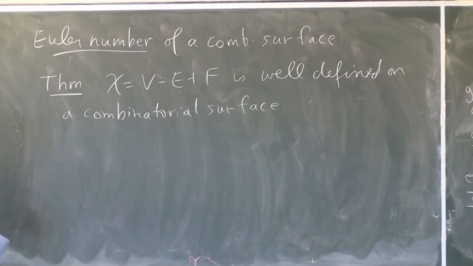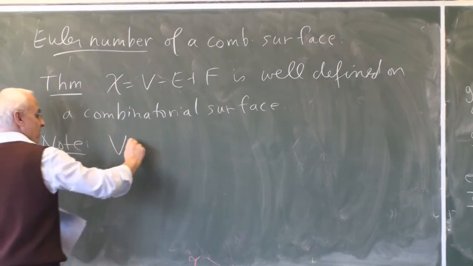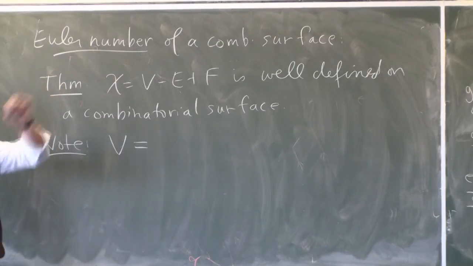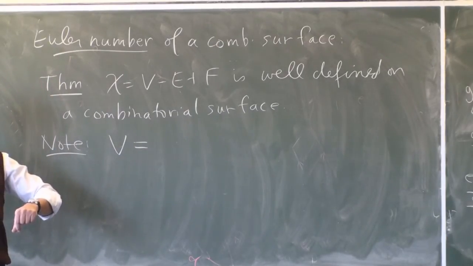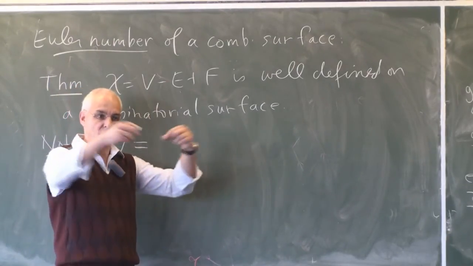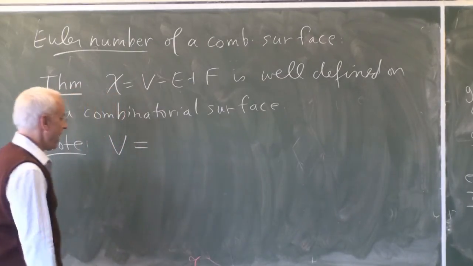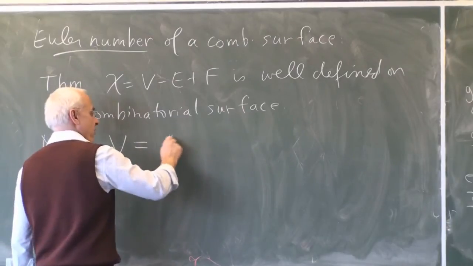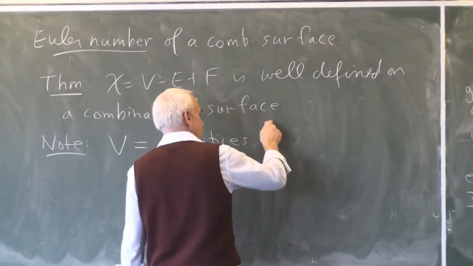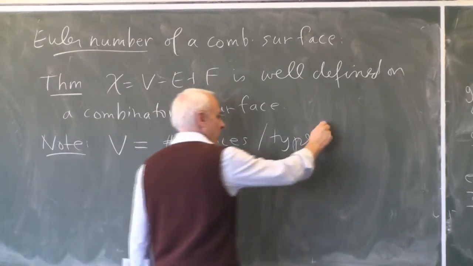So I have to just clarify, note that, what does V mean? V means the number of different vertex types, not just the number of corners of all our polygons. Because if we just list all the polygons, there are many corners, but these corners come together on the surface to form vertices. And so the V really means the number of vertices in the sense we've been talking about, number of vertices or vertex types. Classes? Or equivalence classes, we call them, yes.